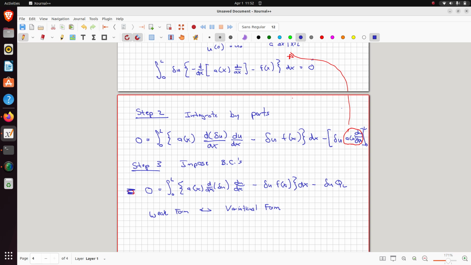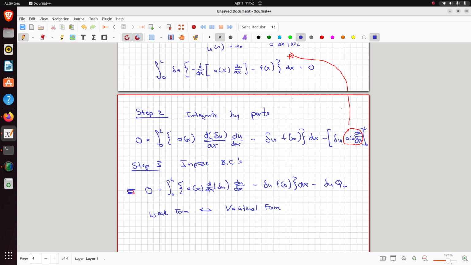By shifting that d dx term onto the test function, now we only require that u has one derivative and the test function has one derivative. So we've weakened the continuity requirement of the solution. Right? The other nice thing that we've done is